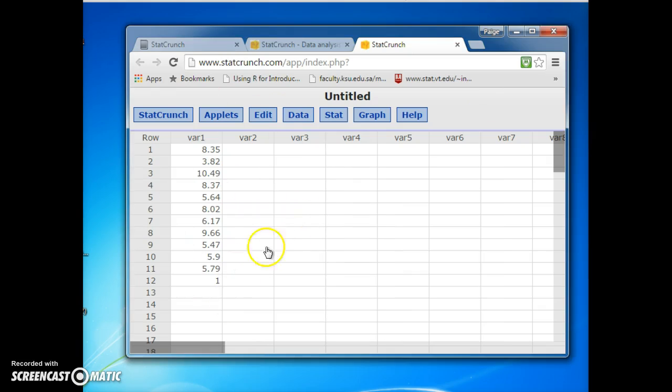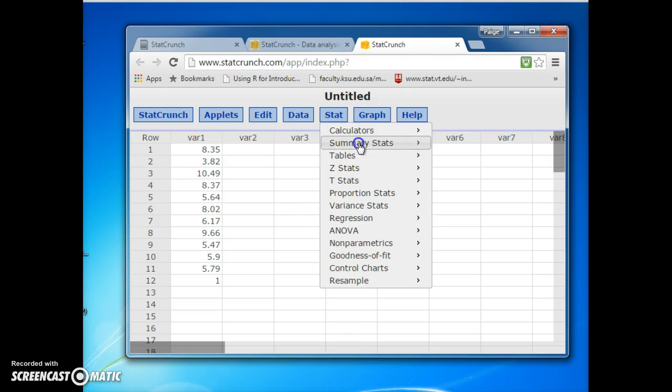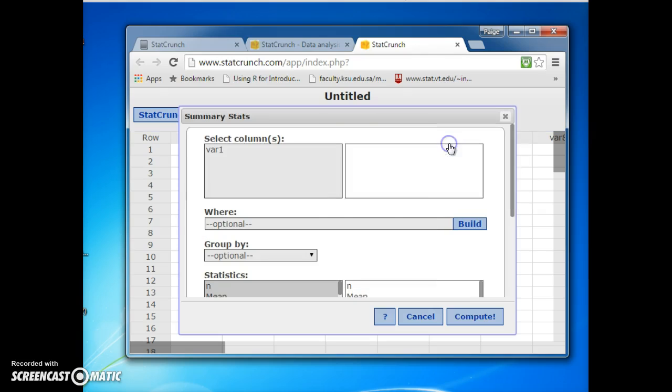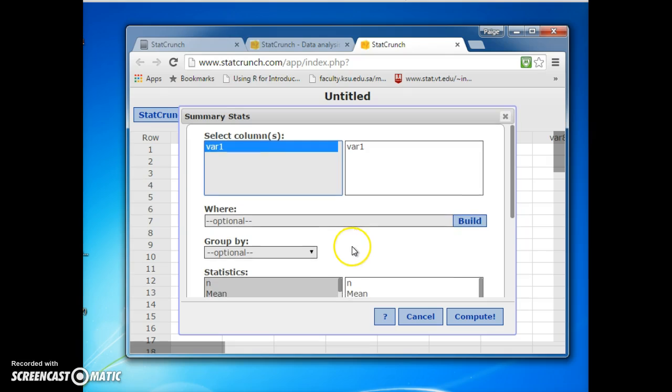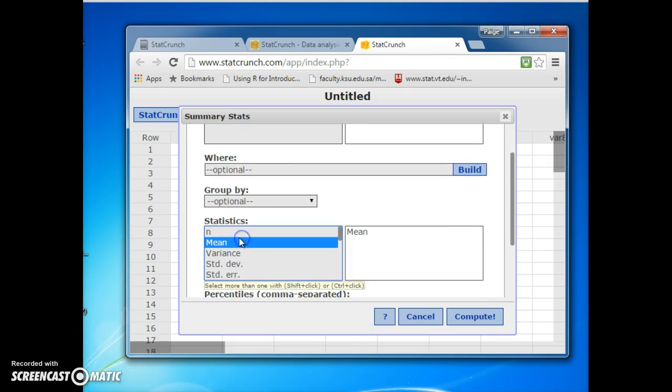I already put the values in that we need, and to get the summary statistics that was asked, let's go over to Stat, Summary Stats, and then Column. We select var1 because that's the variable. And then to get specific ones, we just hold Control. So if I want the n, sample size, and then we're asked also min, max,